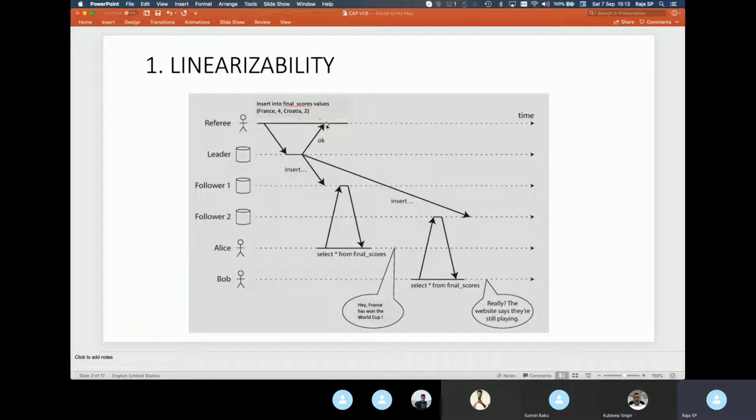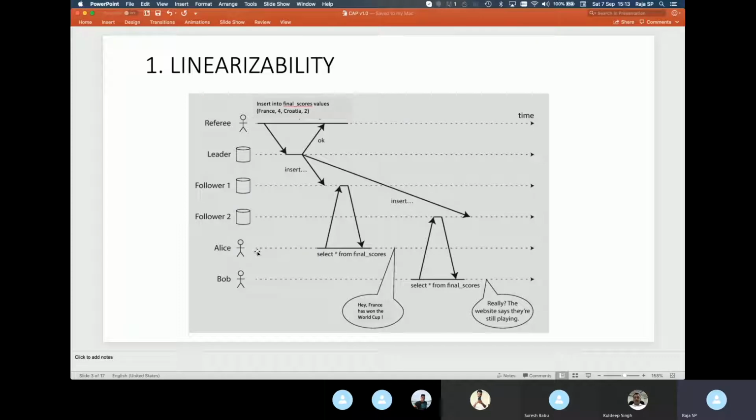Everything is fine. Now, there are many other following systems, what we call follower 1 and follower 2, where this update will have to be propagated in an asynchronous manner. So let's say follower 1 got a notification to update itself, and it has finished its work. And follower 2 also gets an update notification along the timeline, slightly delayed, and it is also performing its own update. So while this is happening,